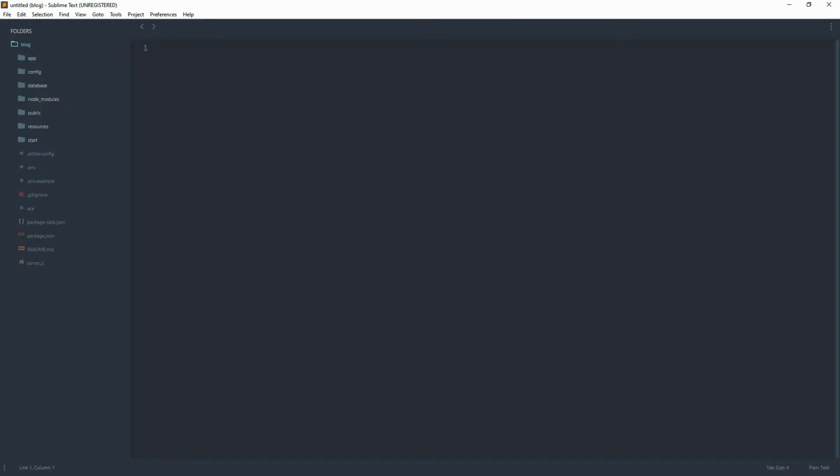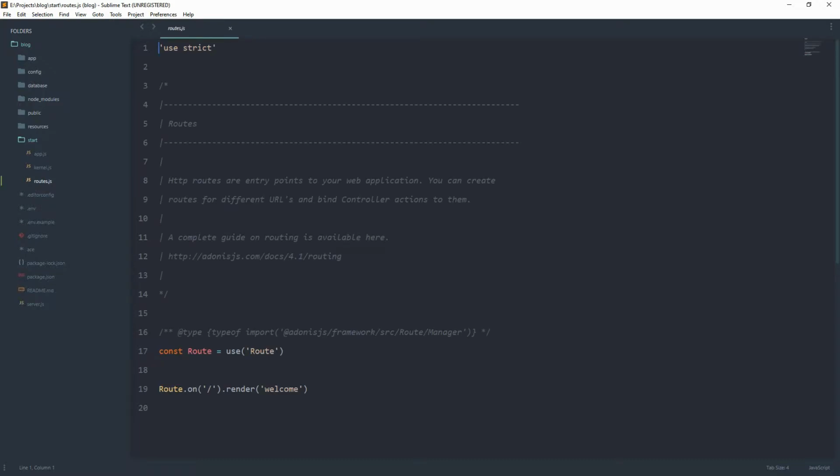Adonis stores all the routing information in a file called routes.js. You can find the file inside the start folder. Here it is, routes.js. By default, there is one route which is pre-installed, that is Route.on('/').render('welcome'). That means when we go to the home page, it will render the view welcome. You can find the view inside the resources folder,